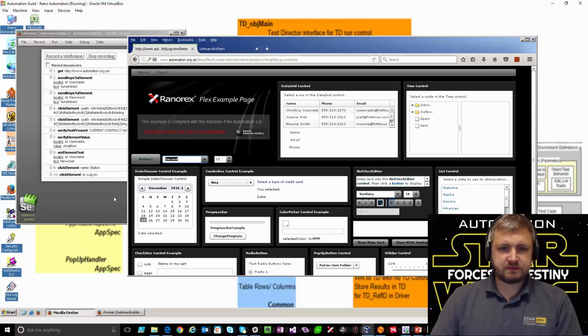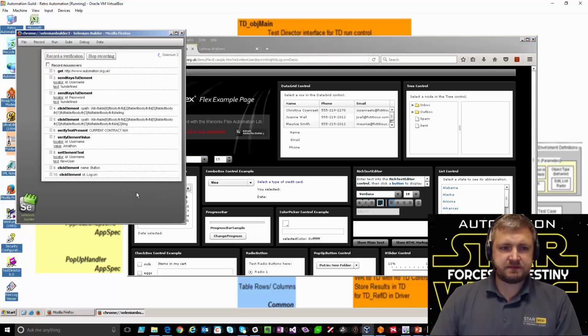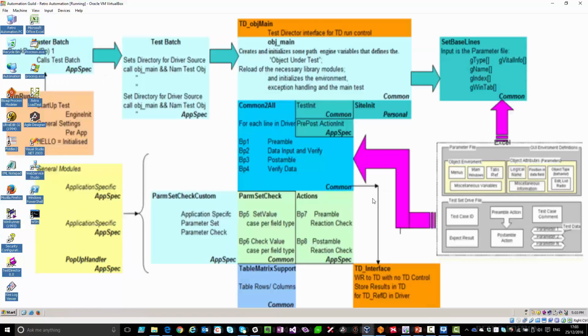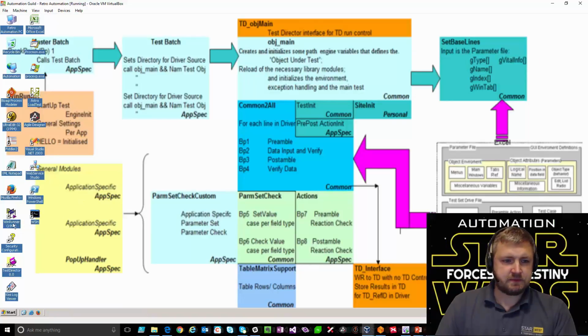So that is Selenium Builder. We can stop that. Okay, let's try that again, but this time in WinRAR.